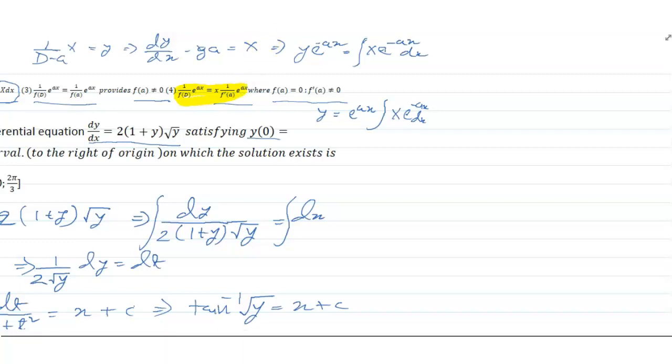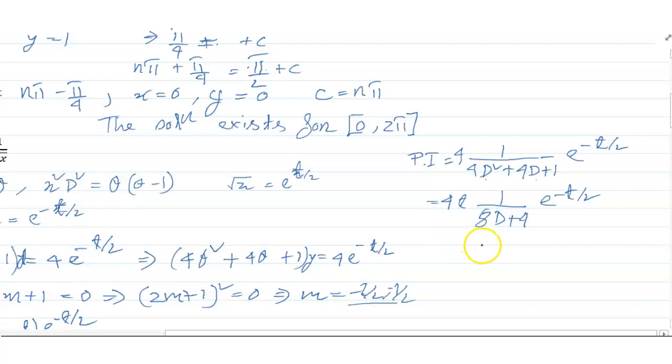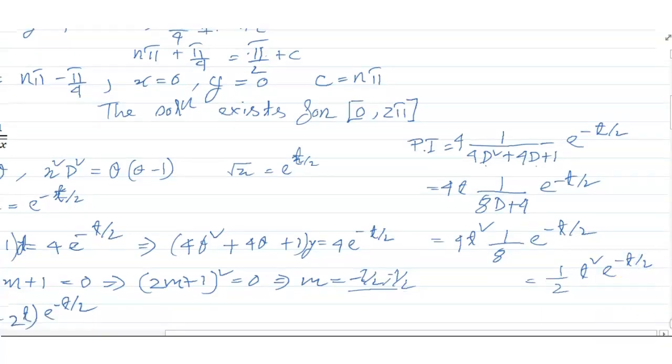This formula I will apply. Now again I am putting this value. This is also 0. So it can be 4 into t square, and I get 1 by 8 e to the power minus t by 2. Now friends, this value will become 1 by 2 t square e to the power minus t by 2, and e to the power minus t by 2 means 1 by 2 root x, and t square means log